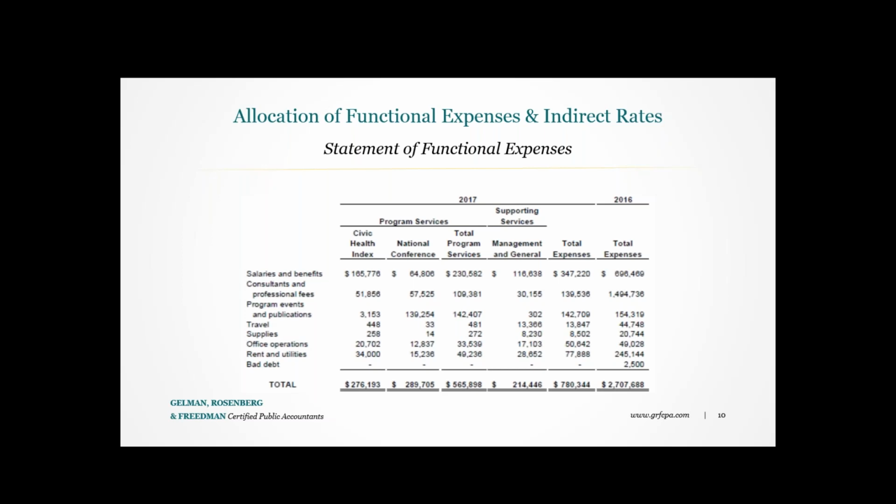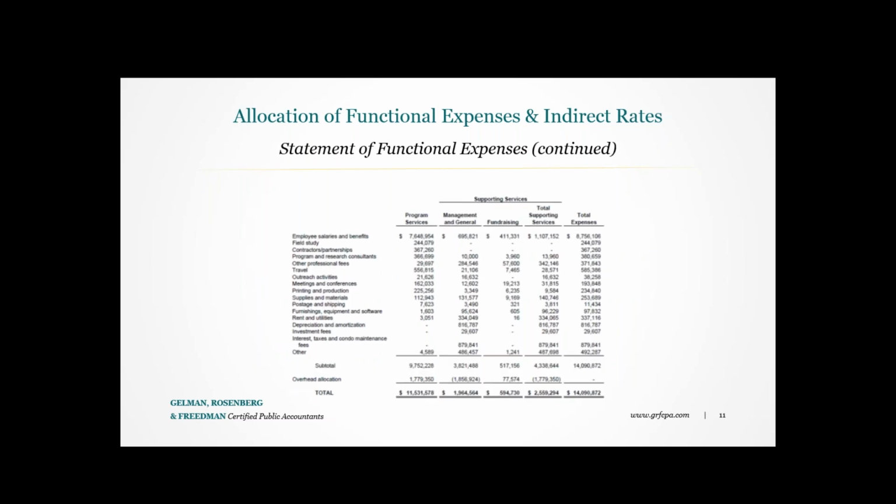And so rent and utilities, for example. I think that's a really easy category to understand when we say office space. Office space isn't generally a direct cost because it typically supports the overall organization and isn't directly identifiable to one grant or one program. But here in this statement, they have allocated it to those different categories, to the subcategories. And so this is called an above the line or direct allocation presentation.